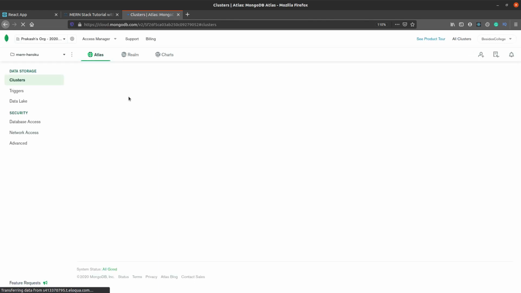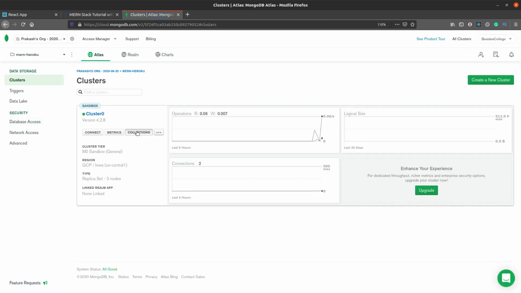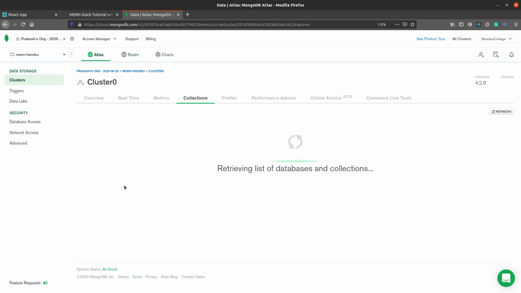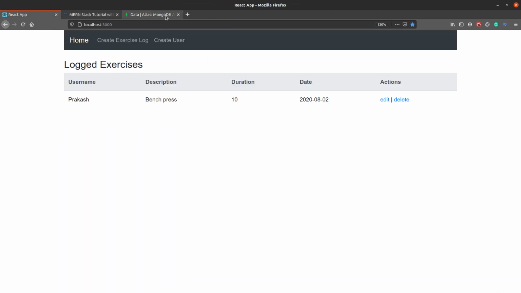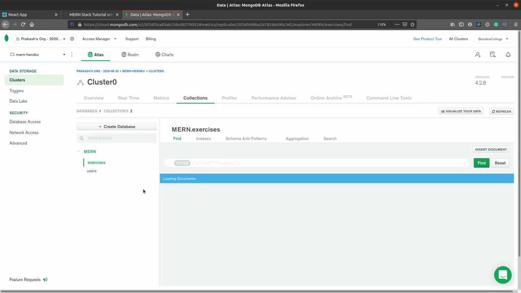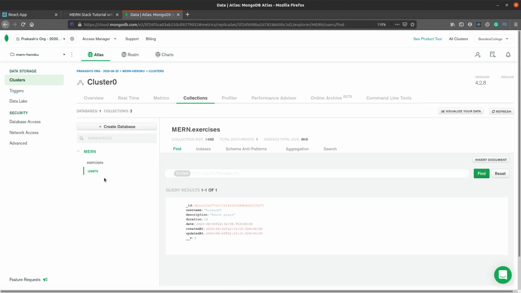Here in the project dashboard, we can go inside the collections under the cluster and see what objects are getting created from our application. The user object is there, which we have already seen previously. There are two users, and in the exercise section we have already seen the bench press with 10 minutes, which is created. All right, I think we're good.